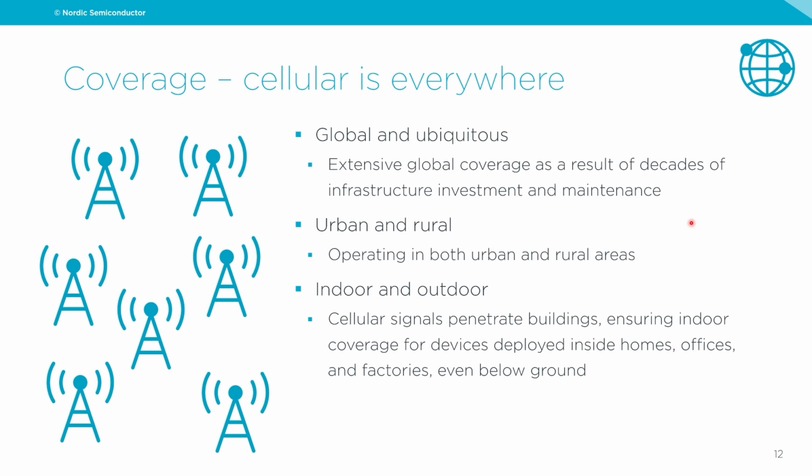So you'll have indoor coverage if you deploy devices inside homes. There's some slight differences. We won't go into details in this presentation, but NB-IoT has better penetration than LTE-M. So if you have devices which are located at sublevels, for example, below ground, NB-IoT will be a more suitable choice. Think of a water meter or electricity meter in a basement. NB-IoT would be a more suitable choice for that. But all in all, there's indoor and outdoor usage, which means that coverage is not a concern for Cellular IoT.